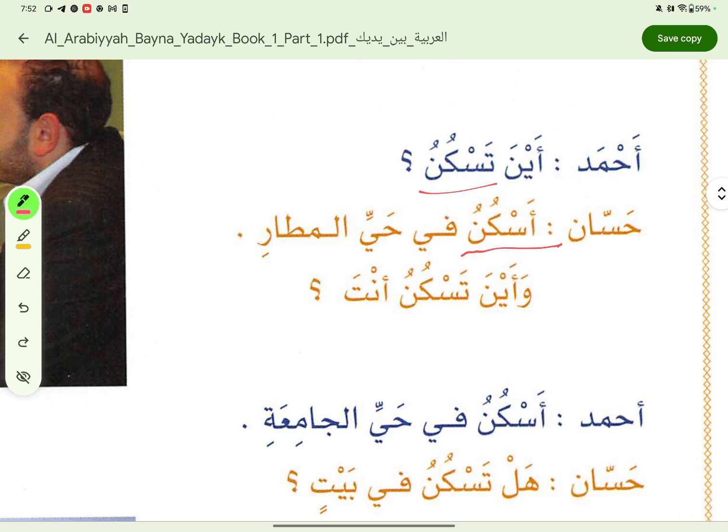We've also learned pronouns that we add to the front of the verb, and some pronouns that we add to the end of nouns, like kaf, ya for possession, and ha for saying this is his. So these things should be in your book. If you don't have that in a book, you're going to forget it. What I would do, because maybe some of you haven't written it down, is try to